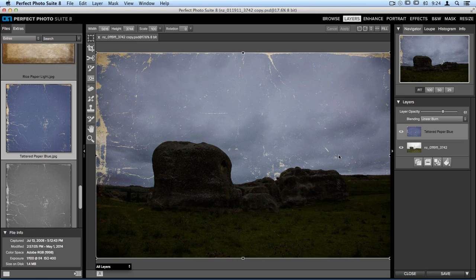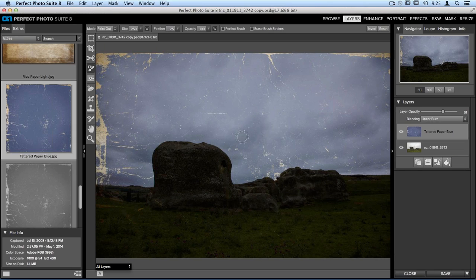Now, that is when masking comes in handy. And masking is a way for us to selectively choose which layers are visible and which layers are not, and which parts of our photo we want to be visible and which parts we do not. Masking is mostly controlled by something called the masking brush. And the masking brush tool works just like any other brush that you may have used before. I'm going to select it on the left-hand side of the screen,